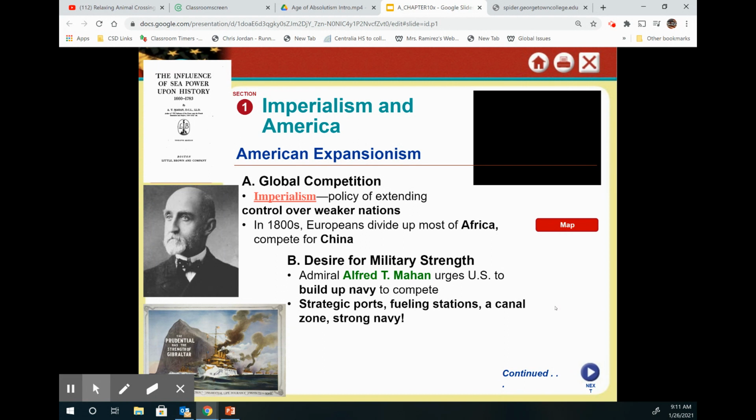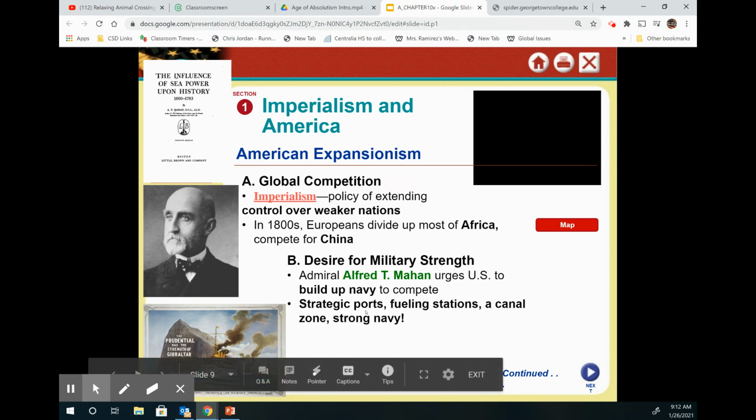He also advocated for a canal zone that would allow our ships to get from one coast to the other in a quicker, more efficient way. At this point, people are traveling all the way around the tip of South America. That took significant amounts of time. And so he was arguing for a canal zone to be completed. There were multiple routes being considered. There was a route through Nicaragua, and there was an old French construction site in Colombia. And we chose the one in Colombia to buy up the bankrupt French project and build a canal zone. Okay. The strategic ports and the fueling stations, though, meant that we needed to acquire islands,